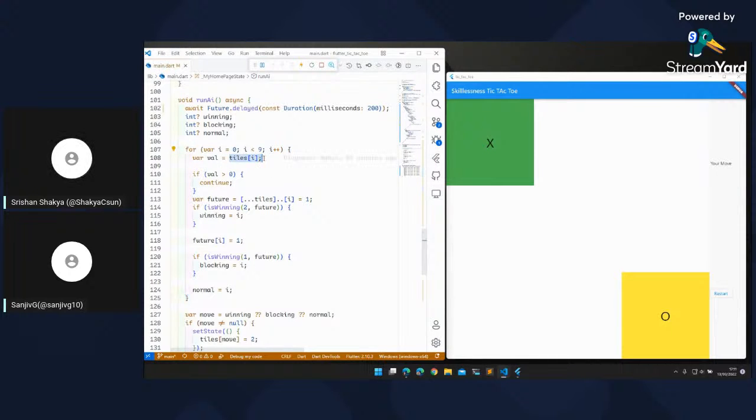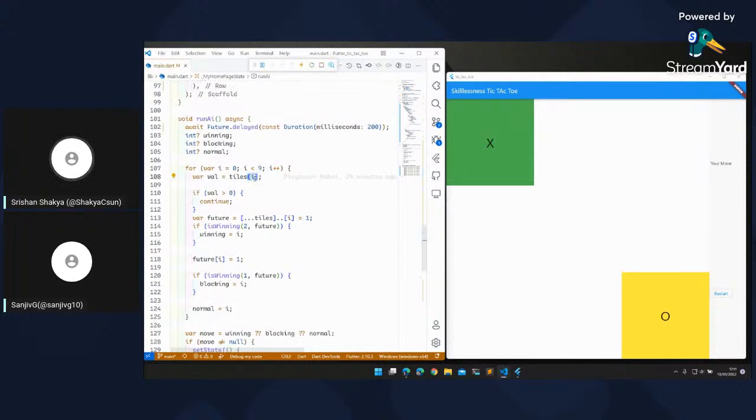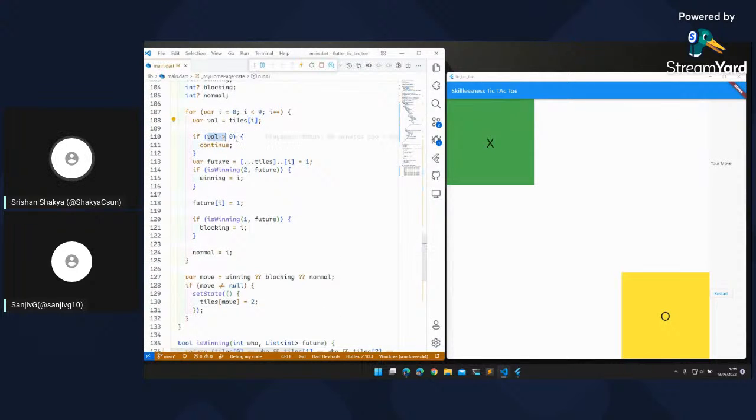While continuing, it is only going through the tiles list, and if that value is greater than 0, that is, that value is filled, then we continue, because the AI can't override the value which is already occupied, no?